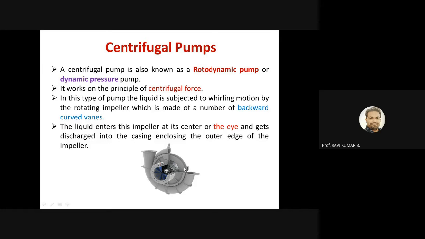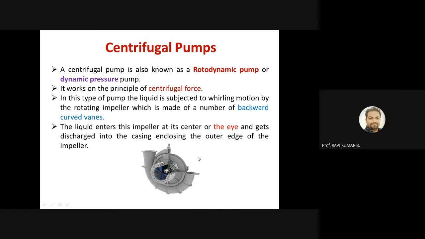The kinetic energy will be enhanced right here, and as it is rotating, centrifugal force will also be generated within this casing. Water is entering axially, and after rotating throughout, it will be coming out at 90 degrees through this spiral casing. This portion we call the volute casing, through which water will come out. It will be rotating like this, and finally come out.